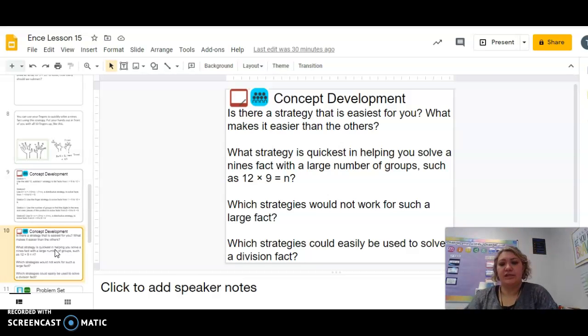So could we make 12 groups of 9 or 12 groups of 10 and then erase? Yes, that would work. We can't use our fingers because we only have 10 fingers. What do you think? How can we solve 12 times 9? So let's go. So 12 times 11